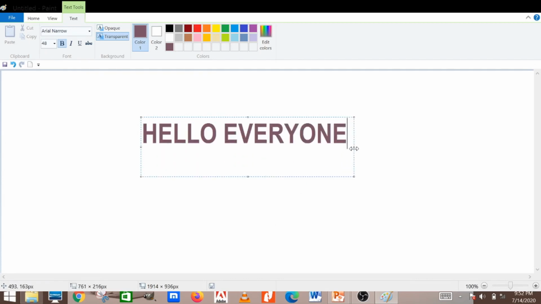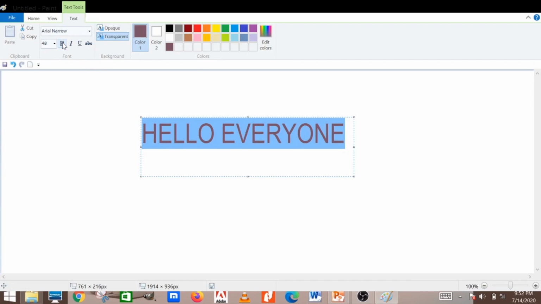Now, suppose you want to bold it. So select this one. First, with your mouse you will select the text, then click on bold option. It will be bold. You can see it will be darkened.